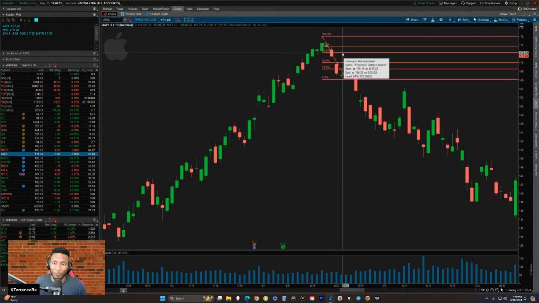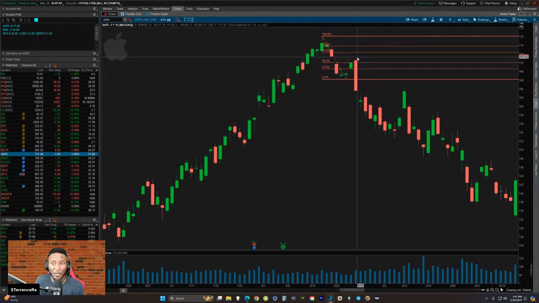Now, some platforms will have 50% on there. That's not an actual Fibonacci retracement, but some people would just trade once a stock or whatever they're trading retraces to 50% of the initial move. Some people will go ahead and get short right here, right? So what you want to see is for the market to come within this range between that. That's why I always call this my sweet spot between the 618 and the 38.2%.